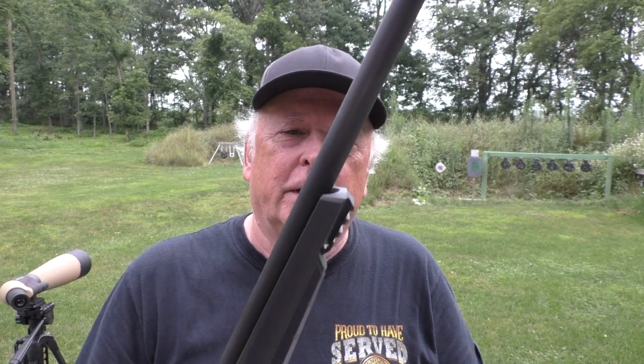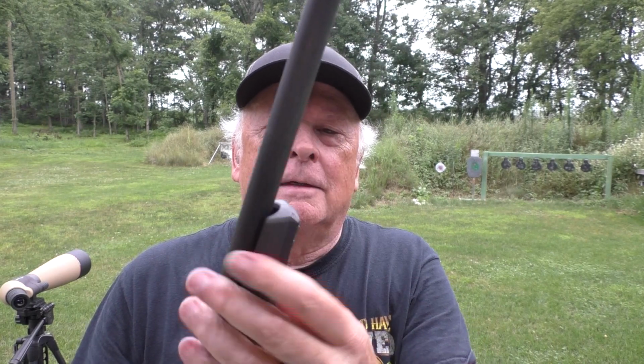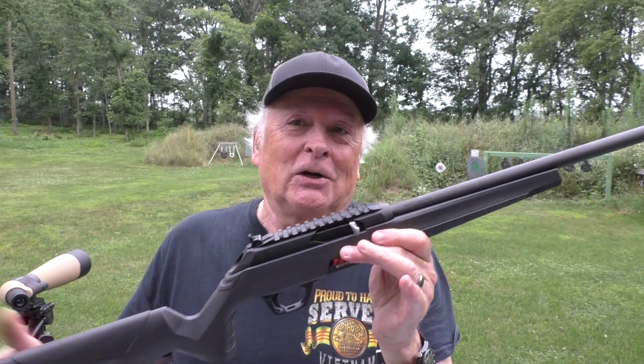All right, the one other thing I didn't show is a sling swivel mount on the front. There's also one on the back, and a Picatinny rail on the front if you want to mount a light. And it does have a nice handy cover on it that gives it a smoother profile, so you don't necessarily see the Picatinny rail. Full free floating barrel, and you know, again, for a $250 gun that shoots relatively decent, shoots better than I can,